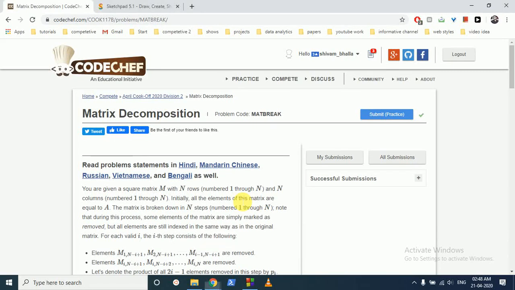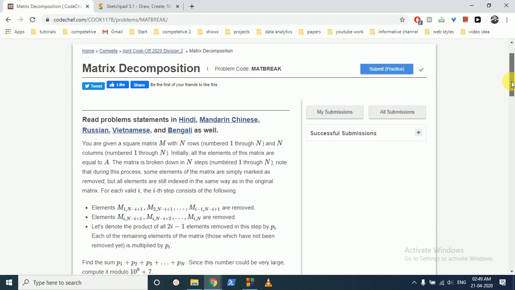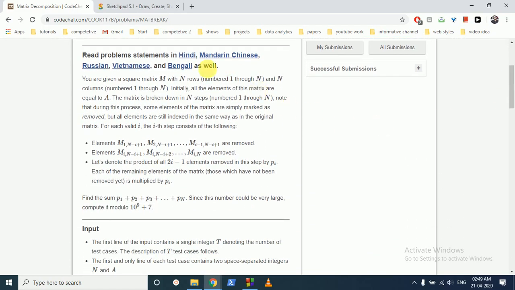Hello friends, so today we're going to discuss this question from April COP 2020, Matrix Decomposition. This is the second question in the contest. The question statement states that you are given a square matrix M with n rows and n columns. Initially all the elements of the matrix are equal to A, and the